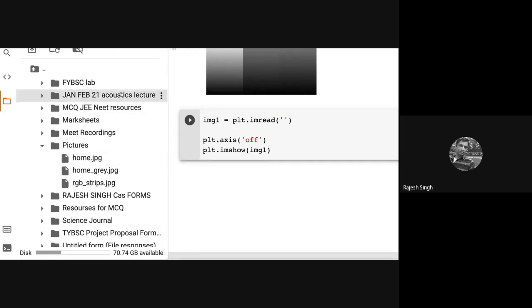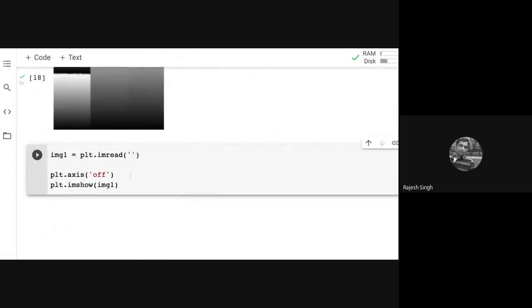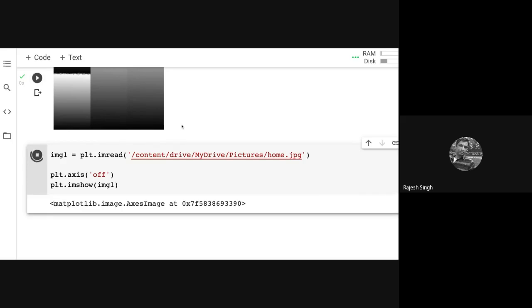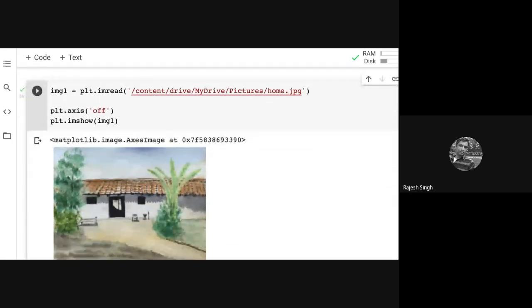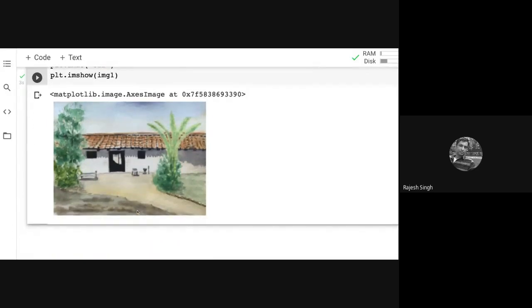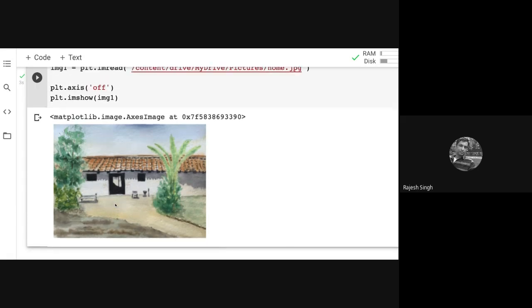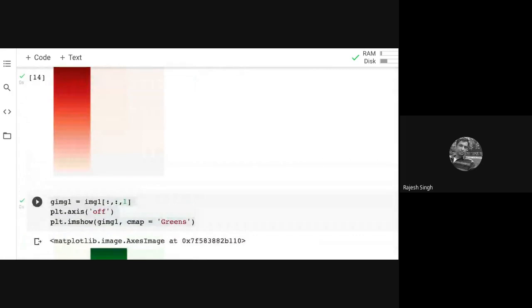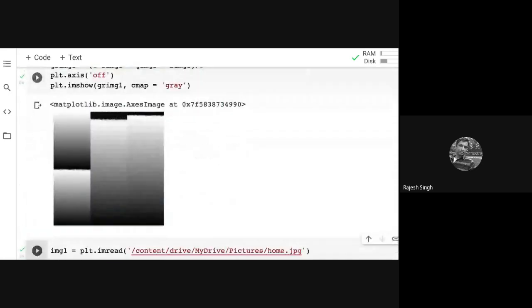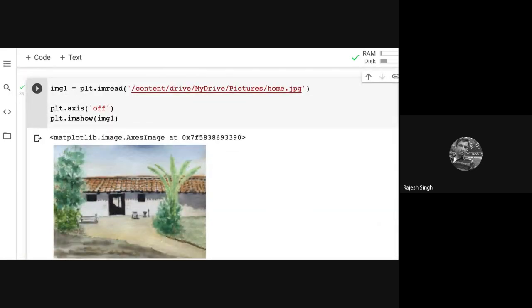You can copy the path, close this, come here and put it in, and then print. So this is a proper image, with lots of components. You can see that the green is seen, some sort of red is seen, some sort of blue is seen, but there's a lot of white, some gray. We will try to extract them now. I would give it another name, I would call it img2.